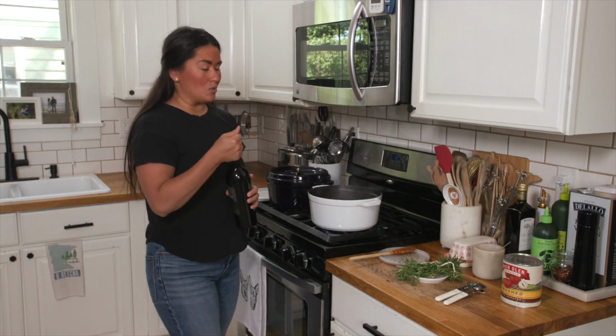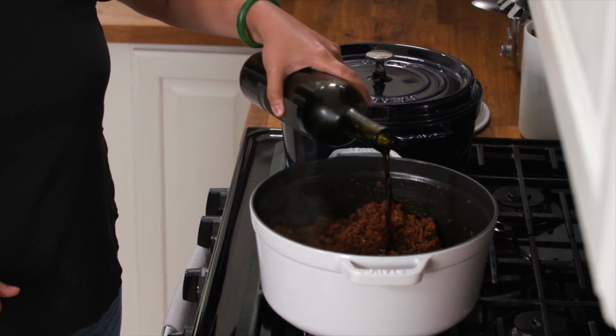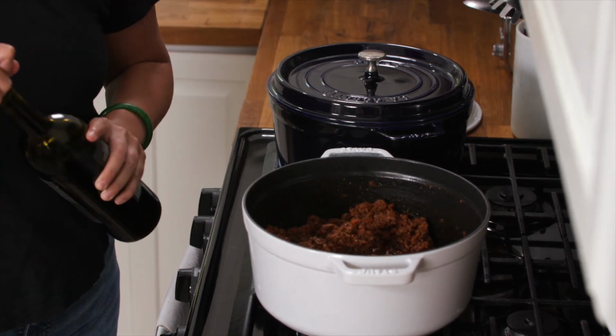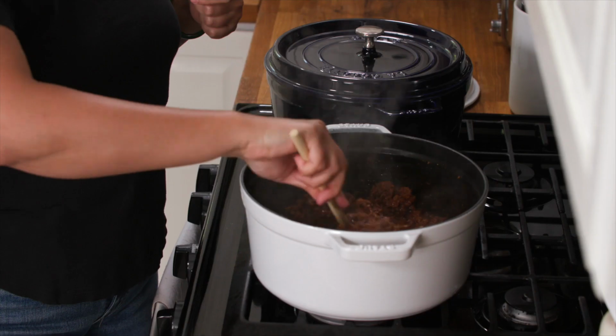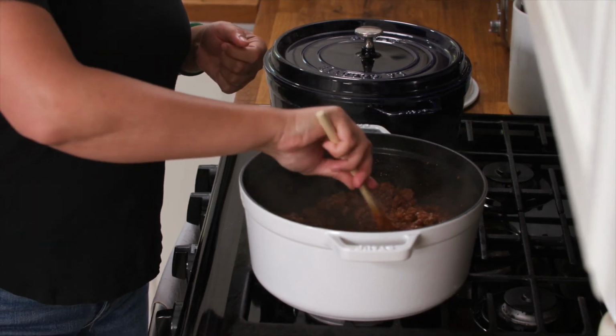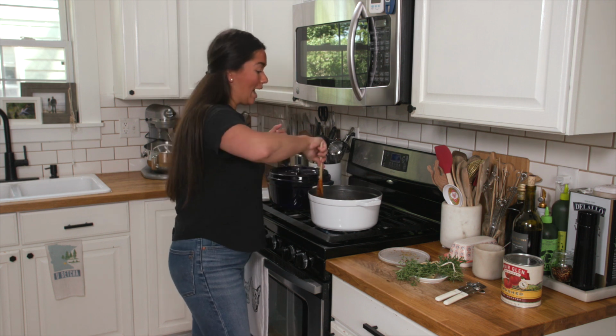So the first thing we're gonna do is deglaze with a little bit of red wine. You certainly don't have to use the nicest red wine here. A medium-bodied red is perfect. I love using an Italian red if I have it on hand, like Chianti. And when you deglaze, we're adding a bunch of liquid to a hot pan, so it creates steam, and that